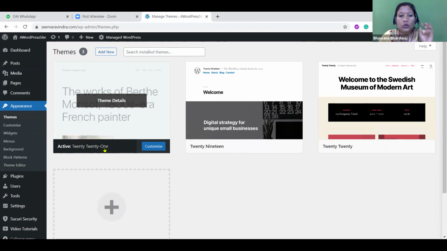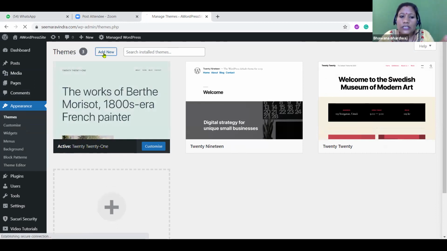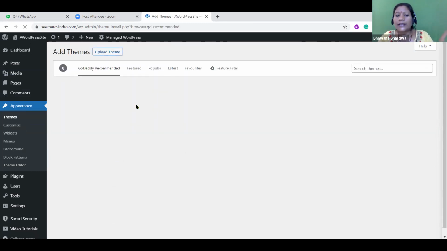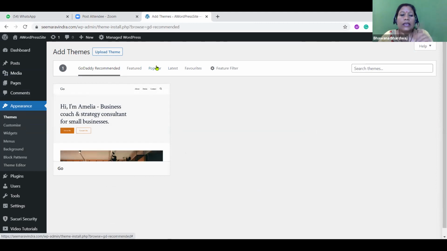So right now we are not going to continue with the current theme. We will add a new theme. So this option is called add new theme. So click on that add new theme. अगर आपकी free website है उसमें add new का option नहीं आता. Here you have the option of upload theme. If you are a PHP developer, if you are an enterprise or company who want to develop your own theme, you can develop your own theme and upload your theme. You can buy the theme from a third party, किसी theme forest से, Google से, कहीं से भी आप theme को download करके यहाँ upload भी कर सकते हैं.